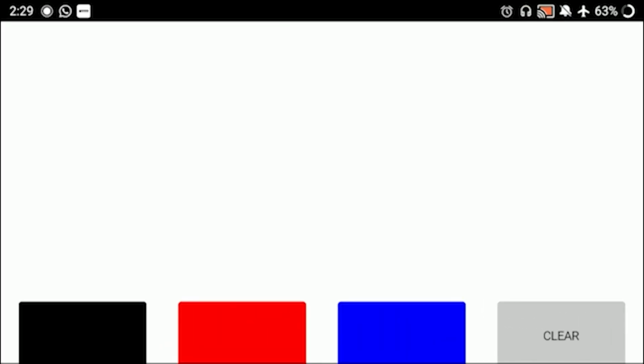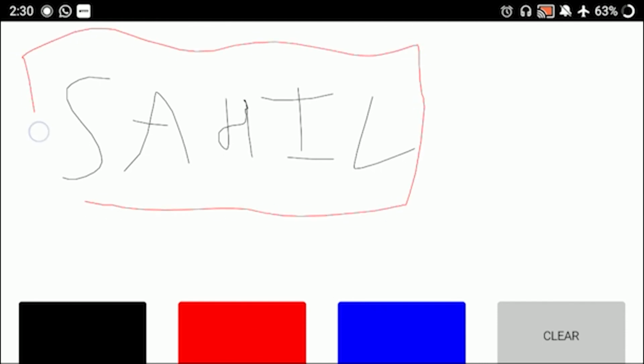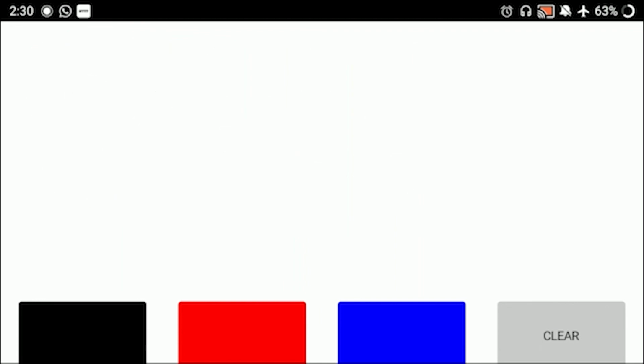So this is what our app finally looks like. You can see this blank area, the canvas, where we will be actually drawing, and then we have the black color, the red color, the blue color, and the clear button. By default we know that black color is selected. So if I were to just start drawing, if I were to write down my name, you can see it's coming in black. If I select red right now, I can see that it's drawing in red now. And when I click clear, you can see that it clears the entire screen.